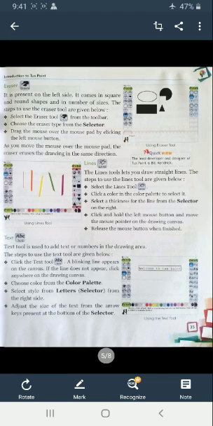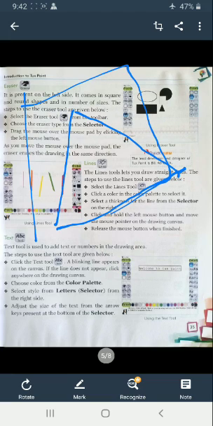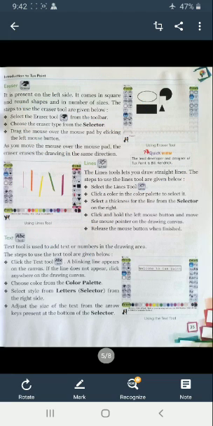Now another one is lines. Lines means straight lines. Just one straight line, second straight line, and third straight line. You can create a triangle or a square, anything of your choice, using the selector. These lines are absolutely straight, not tilted. Next one is text. If you want to enter any text in your drawing area, use the text tool. With the help of the text tool, you can write anything on the screen.